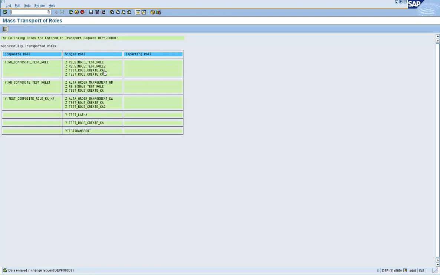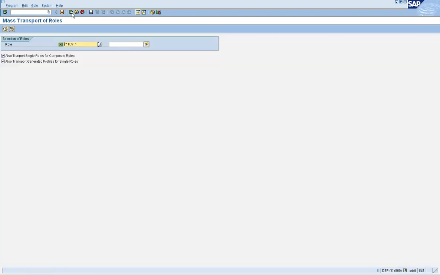Now in this example, the pattern that we gave was a pattern for composite roles and some single roles. So when you transport a composite role, even the single roles are included in the transport request. So now to transport it between systems, you have to go to SE09N or SE10 and release the transport request and ask the basis team to do the import into the target.